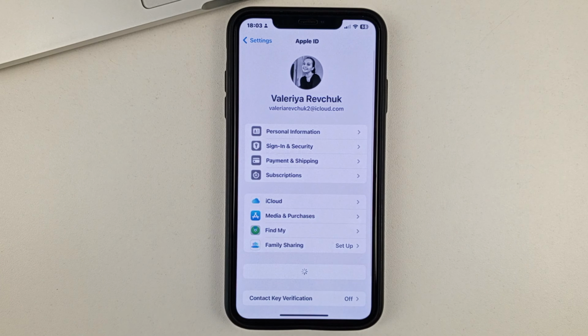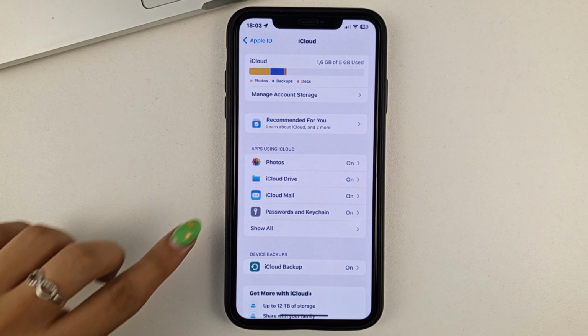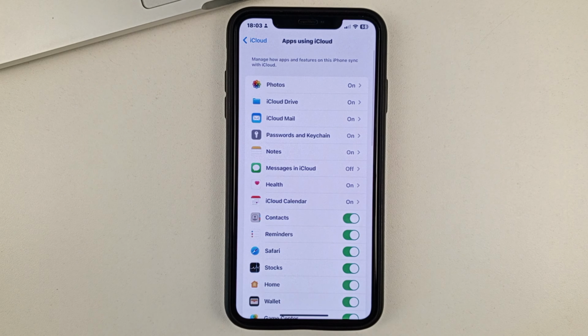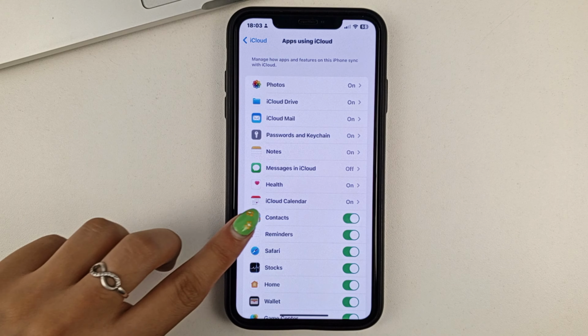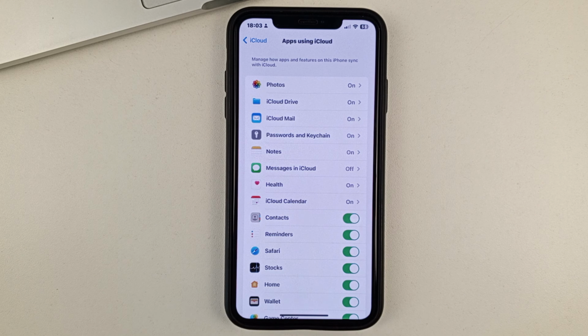Next, go to your Apple ID and then click on iCloud. And here you'll need to select Show Everyone. And here go the contacts. You will see an option like this in front of the contact, and you will need to enable it. By doing this, you will have the contacts synchronized between your iPhone and iCloud. Because maybe the contact is missing from your iPhone, but if it is on iCloud, then after this synchronization, it will reappear in your phone book.